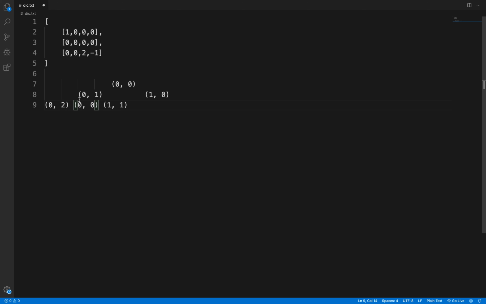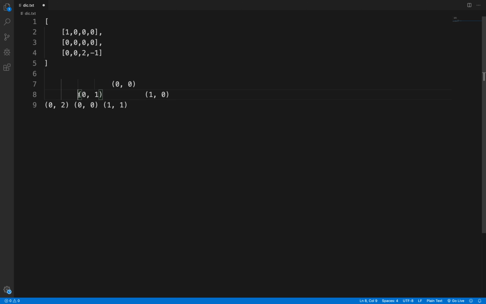Another thing you observe is that we came to this square 0 1 from 0 0, and now we are going back to 0 0. Somehow we have to restrict that type of move. So we will be using a technique called backtracking.